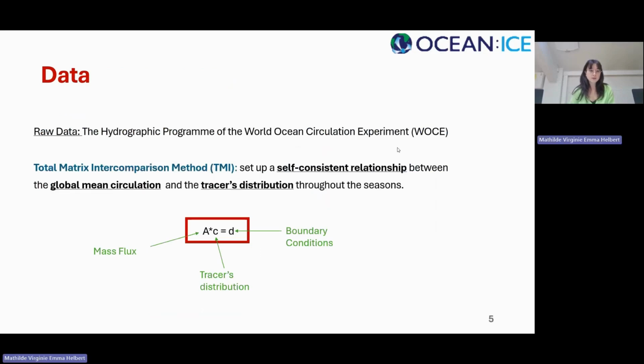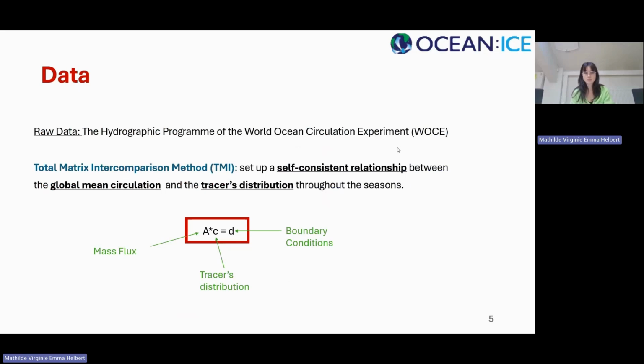Now on to the data that I've used. The decorrelation length scales were calculated from state estimate fields of certain properties from a method called the total matrix intercomparison method. This method sets up a self-consistent relationship between the global mean circulation and the tracers distribution throughout the seasons. Going from the raw data from the hydrographic program of the World Ocean Circulation Experiment, it builds up this relationship